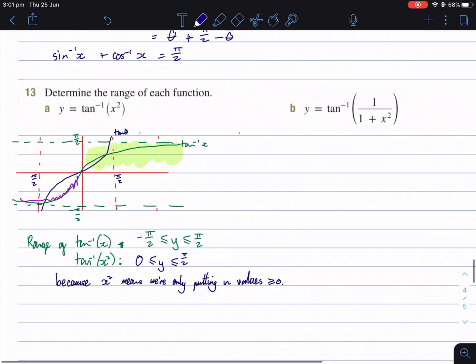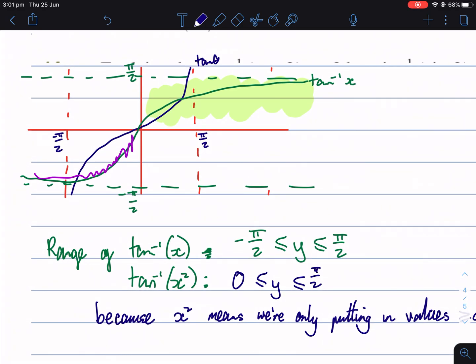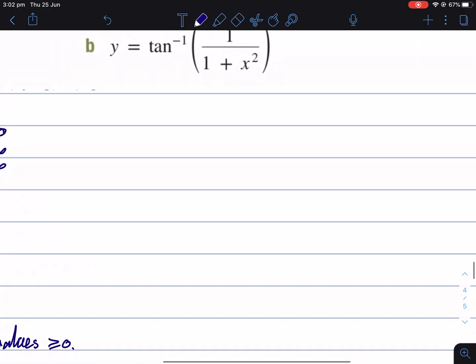Now let's think of this. The reason we didn't have to think through this one too properly was as x tends to 0, x squared also tends to 0, x tends to infinity, x squared tends to infinity. X tends to negative infinity, x squared tends to positive infinity because it's squaring it. This one though,